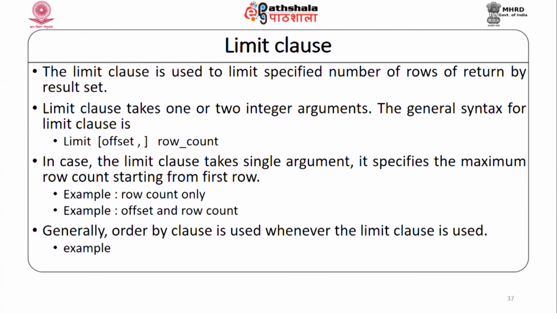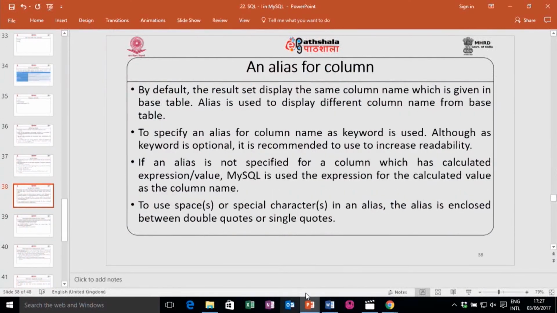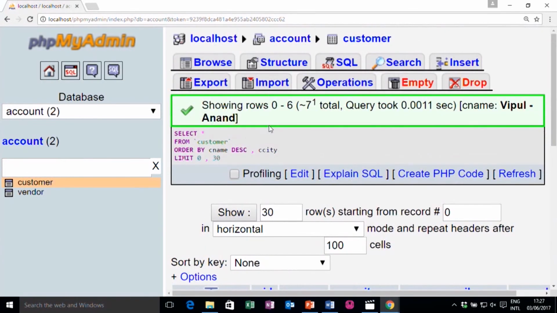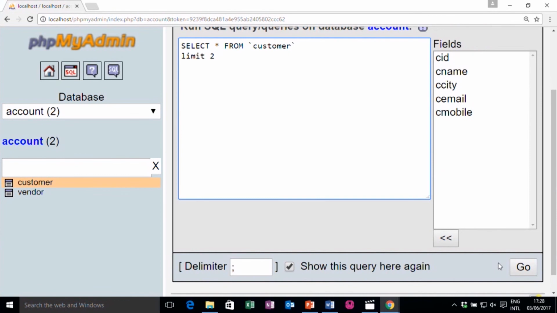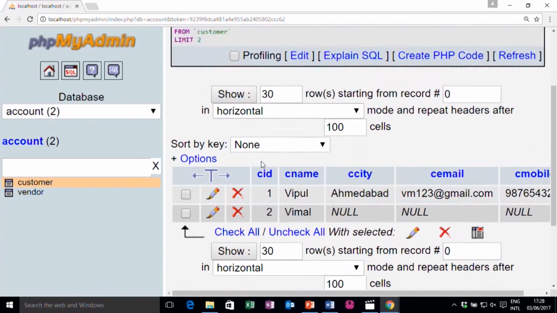The limit statement is also used. It is optional, but you can provide how many records you would like to display. The general syntax is limit, offset and row count, and if offset is optional, you give only one value. Say for example, if I write select star from customer limit 2, it will display only 2 records.